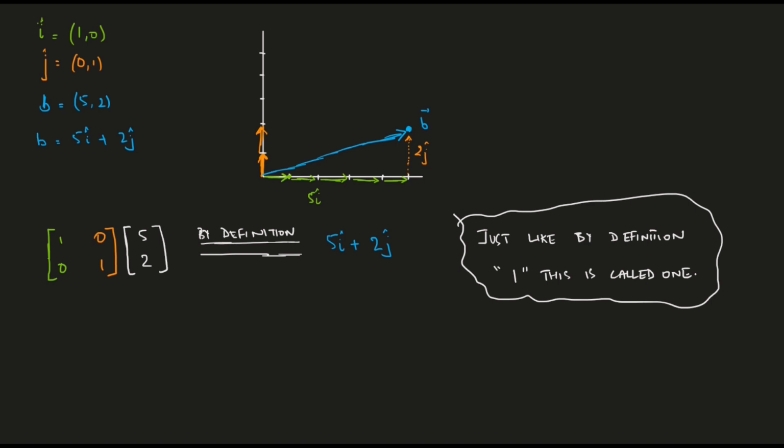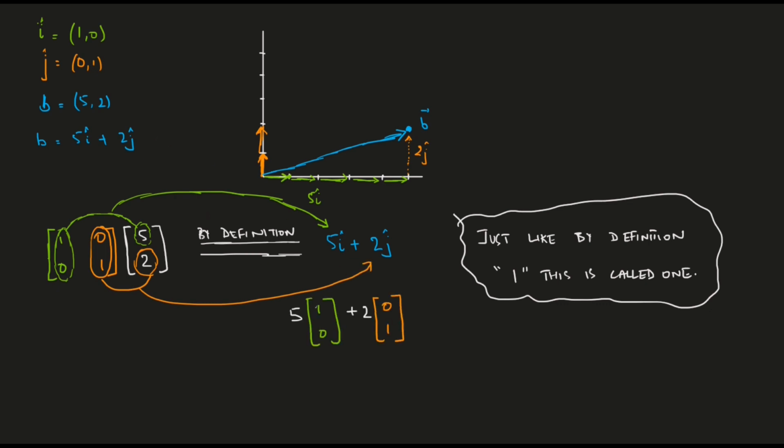You take the first element of the coefficient vector, which is 5 in this case, and then do a scalar multiplication with the first vector of the matrix, which is i hat in this case. This gives me 5 times i hat. Then pick the second element of the coefficient vector, 2, and do a scalar multiplication with the second vector j hat, giving 2 times j hat. And finally just add these two terms. So we have defined matrix vector multiplication to mean the same thing as taking a linear combination of vectors.